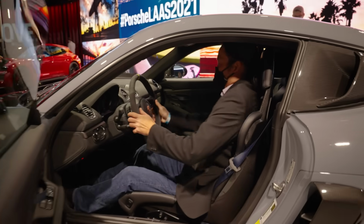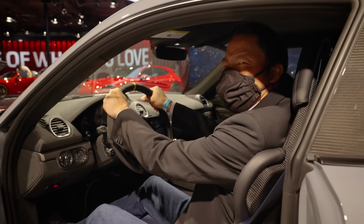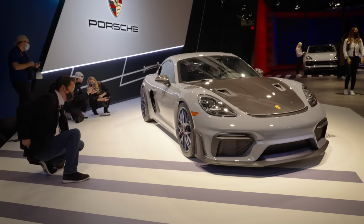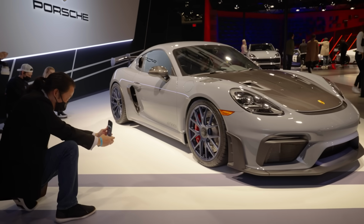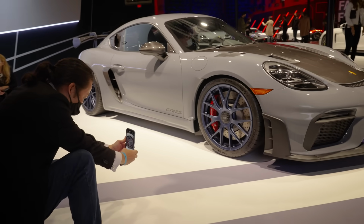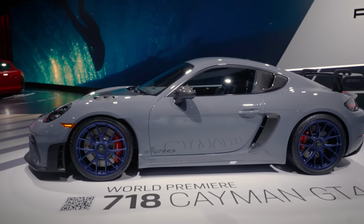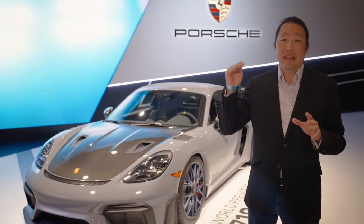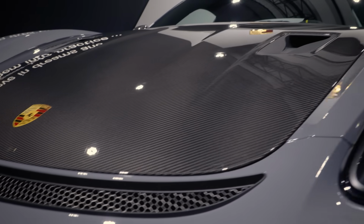adding track-ready components like a swan neck rear wing, lightweight bucket seats, RS-specific suspension components, sticky tires, and a whole load of aero tweaks that make it the fastest and most track-capable Cayman ever. Enthusiasts might be bummed to learn that it doesn't come with a manual gearbox, but Porsche's PDK is lightning quick and isn't likely to disappoint. The GT4 sits at the pinnacle of Porsche's mid-engine offerings, and you're gonna have to shell out at least 143